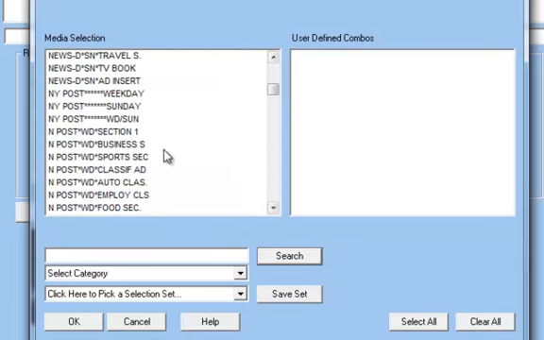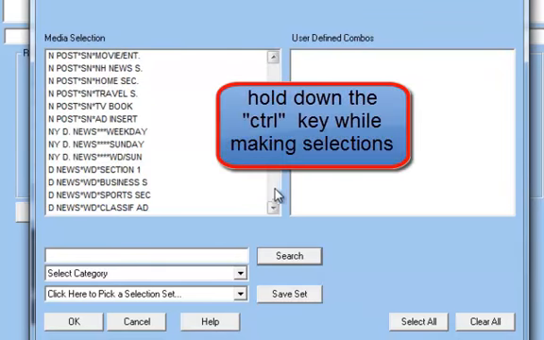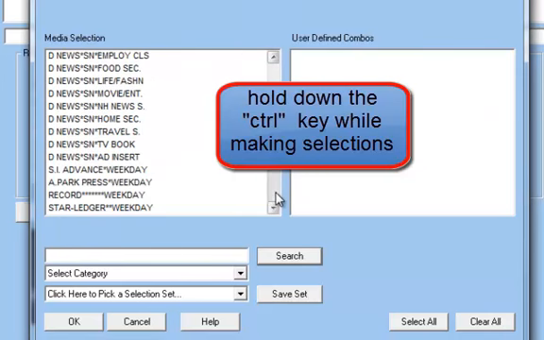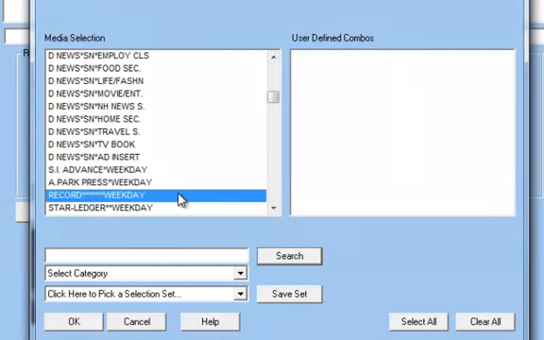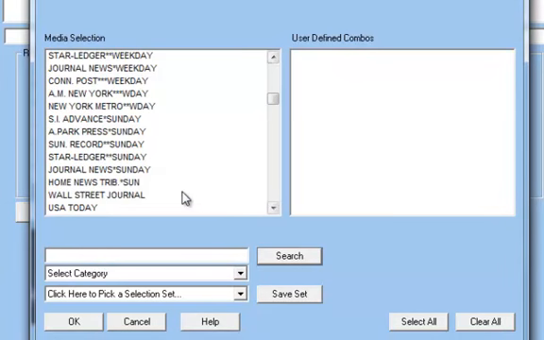In this example, we'll select a number of weekday newspapers in the New York City market. Note that when you're making multiple selections from a list, you need to hold down your Control key, otherwise the program will delete your previous selections. When you're finished selecting all of your media, click OK, and then you will be taken to a target selection